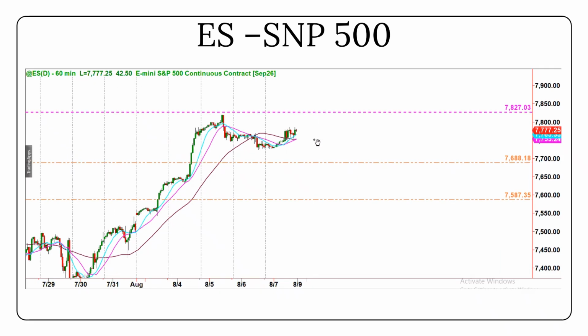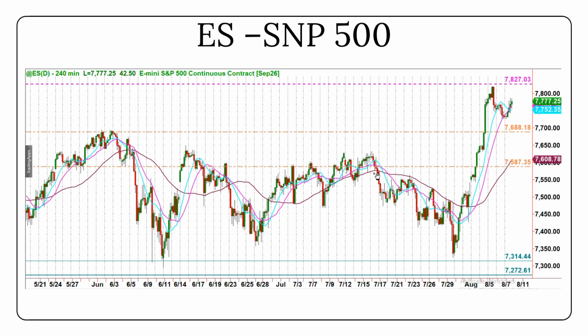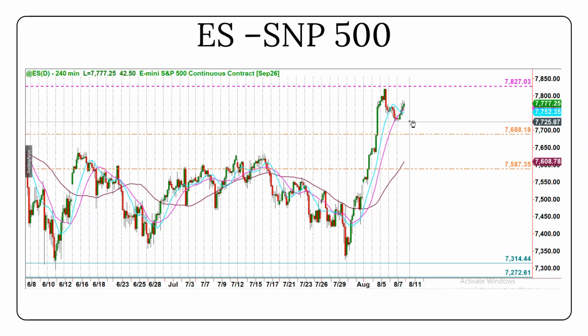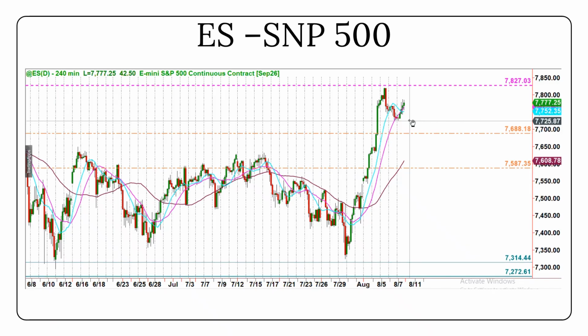So for us, the best zone to enter for going long is the decided zone between 7736.59 and 7725.87. So that's the best area to go long,